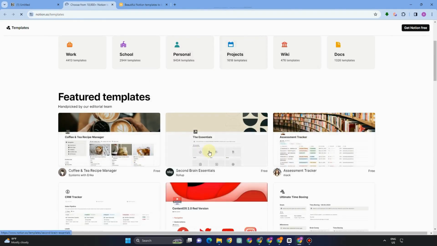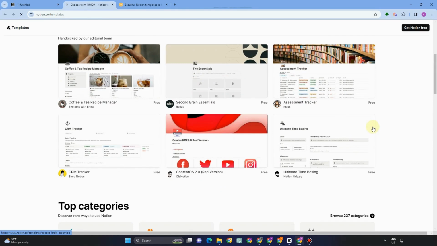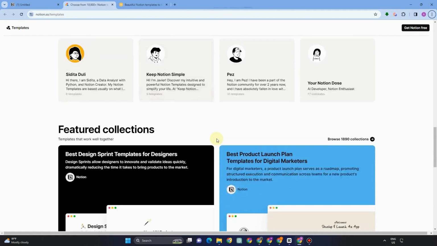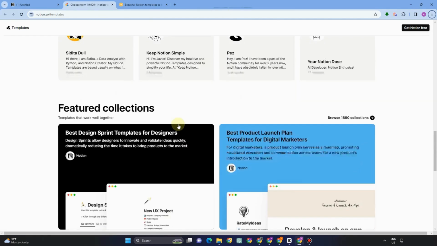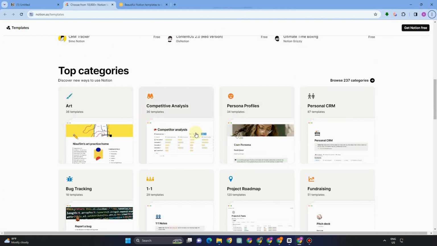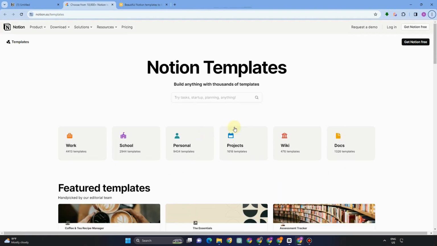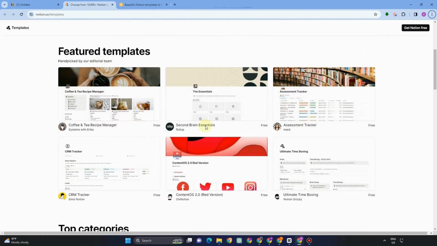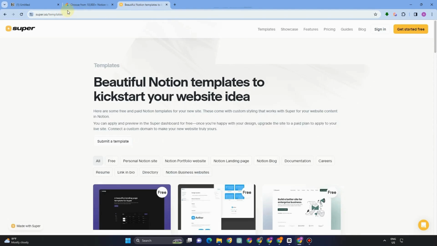Now, if you want to edit a little bit, you just have to go to Featured Templates here in Notion. So you have to select a template that, of course, is for a fee, because most of the templates here are not for a fee. So if you look for that template, then all you have to do is to edit that. Now, if you want to see more templates to use for your Notion, then you can go to the site